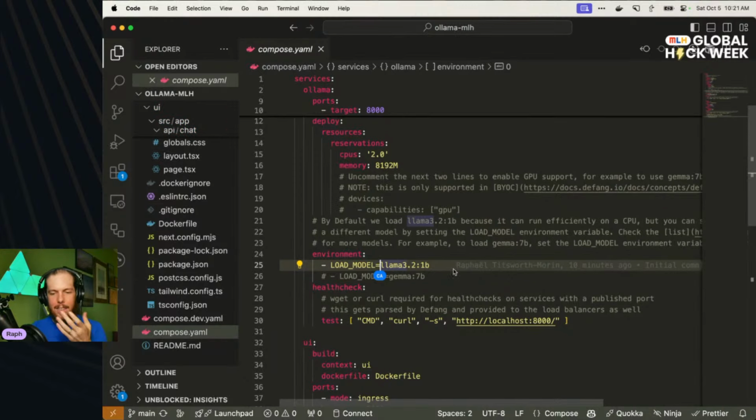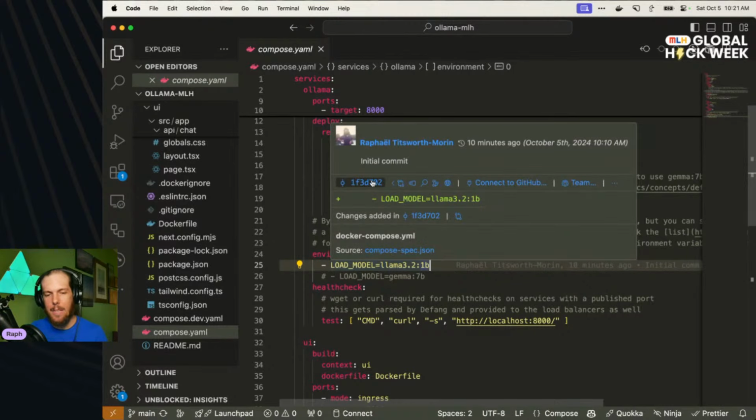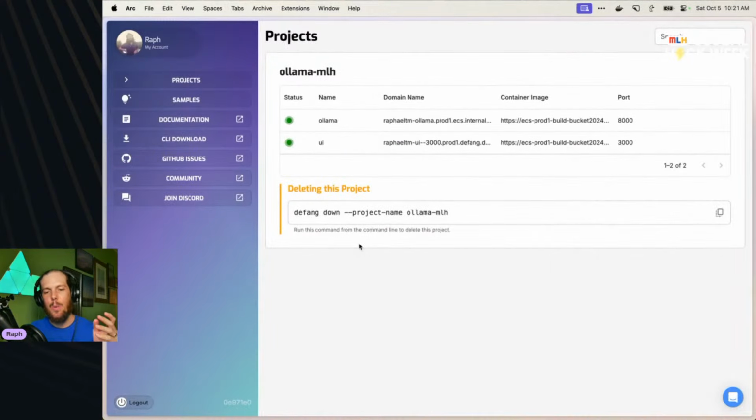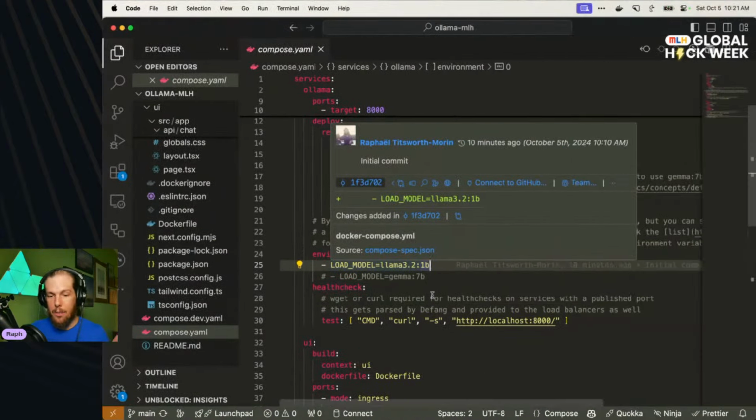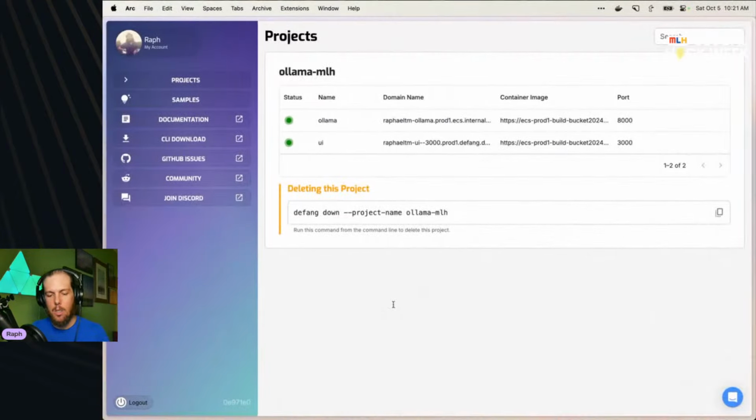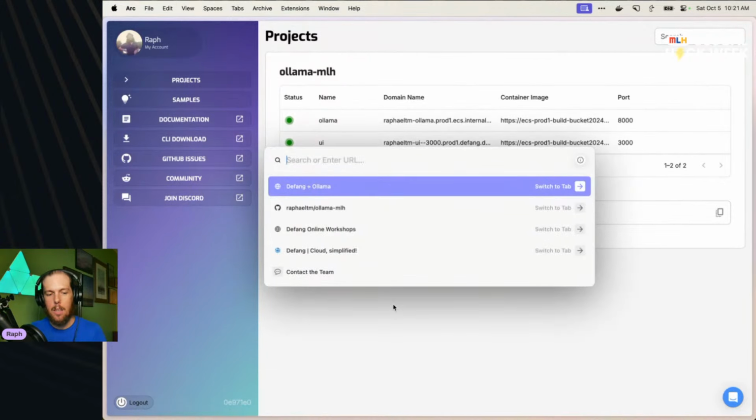So these things are pretty heavy, right? Like they're heavy to run, and by default with Defang, you do not have access to GPUs, and that's really the thing that you'll need to get these things deploying fast or running faster. So I just want to point out for the future, if any of you do want to try and deploy a larger model that runs faster, can do a lot more stuff, you can head over to